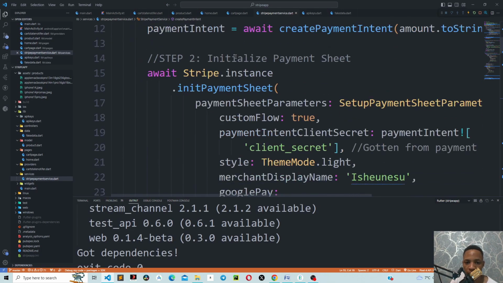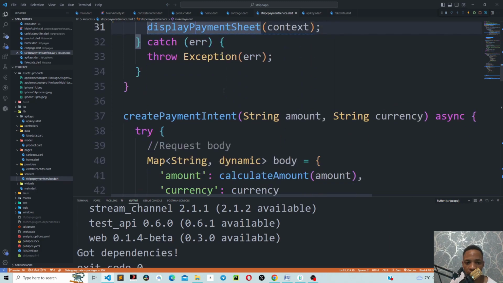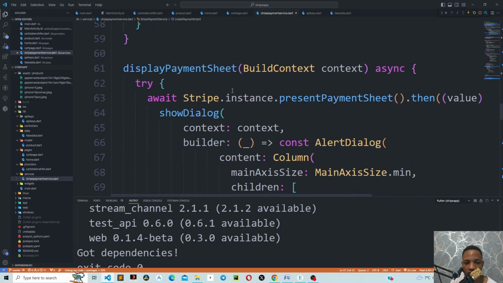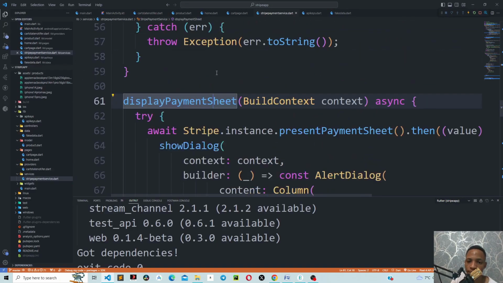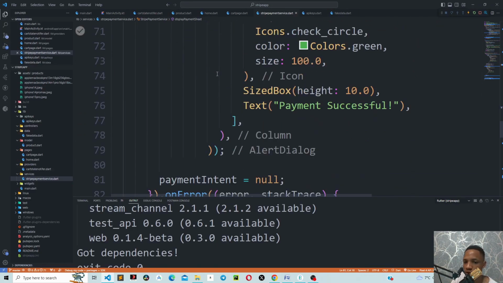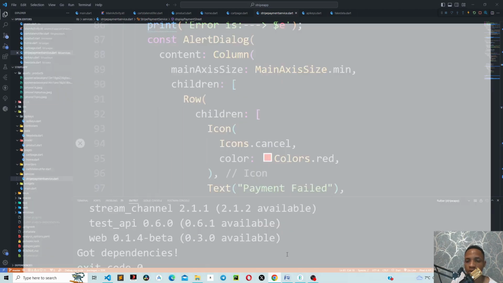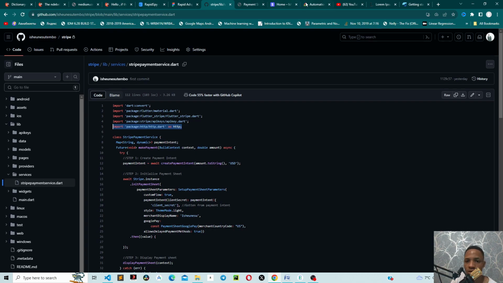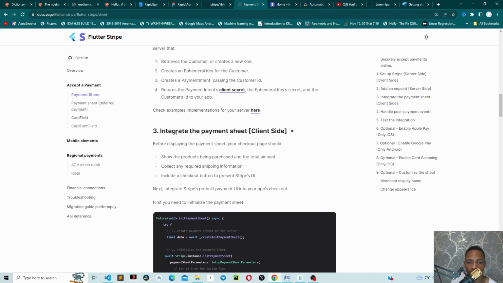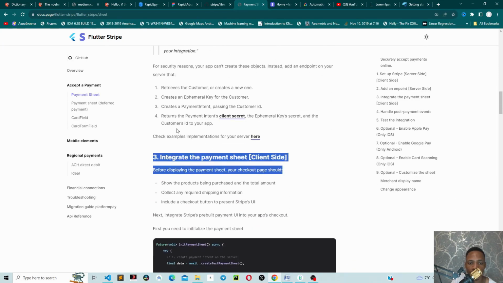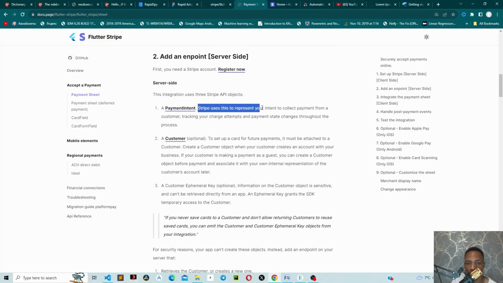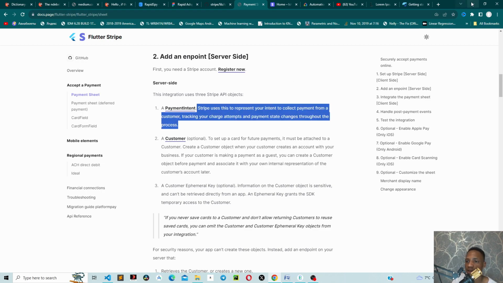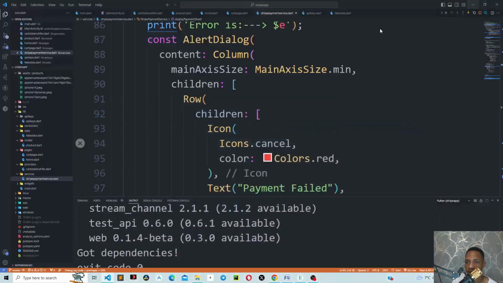So as you can see here, we have three functions. We have the make payment function, the display sheet function, and the create payment intent function. The display sheet function will just display a sheet with the payment where the user is going to enter the card. And then if we go to the Stripe documentation, you can see that we have this payment sheet, and you can see that payment intent. Stripe uses this to represent our intent to collect customer payments, right? So if we go back,